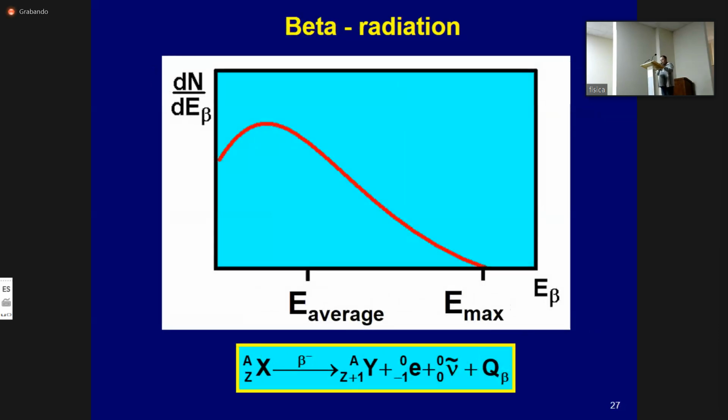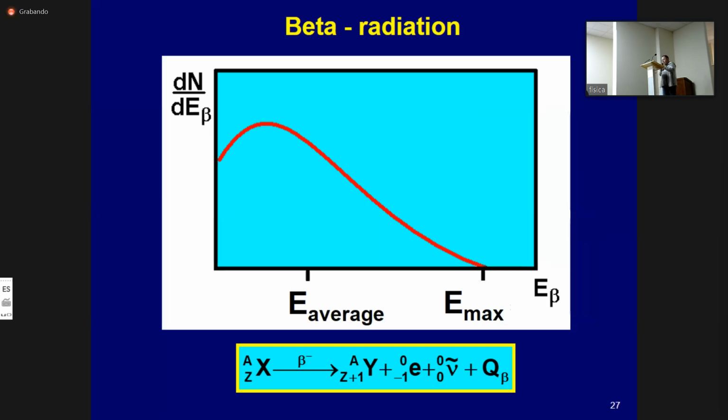Beta decay is a nuclear transformation involving 3 particles: an electron, a nucleus, and an antineutrino in the case of beta minus decay, as decay products of the parent radionuclide. In this case, the decay energy Q beta is distributed between a positron and a neutrino, if it is beta plus decay. As a result of this distribution, charged particles produced by beta decay have a continuous energy spectrum. This type of nuclear radiation is called beta radiation, and its energy spectrum is called the beta spectrum.